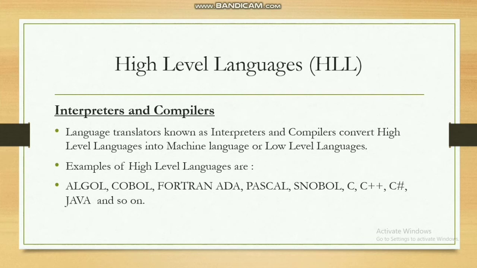The language translators known as interpreters and compilers convert high level language into machine language or low level languages. Examples of high level languages are COBOL, Fortran, Pascal, C++, Java, and so on. You could see so many languages, and new languages are also evolving. And when a new language evolves with many advanced features, the old language